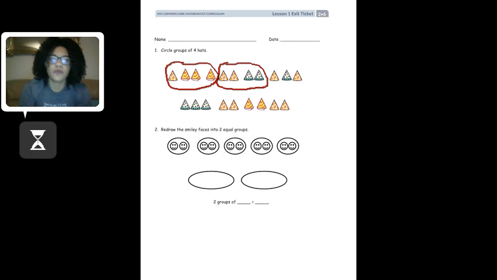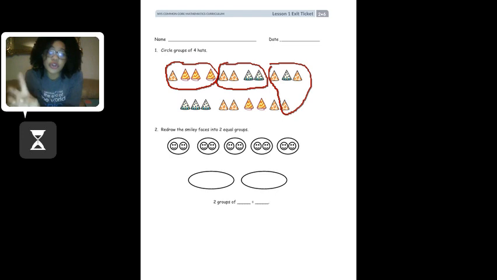Let's circle another 4 hats. So I have 1, 2, 3. Well, that's not enough, so I'm going to have to grab one from the bottom and circle that as well. So now, let's see. We're going to circle 1, 2, 3, 4. So now we have 4 hats in this third group because we have 1, 2, 3 groups or 3 red